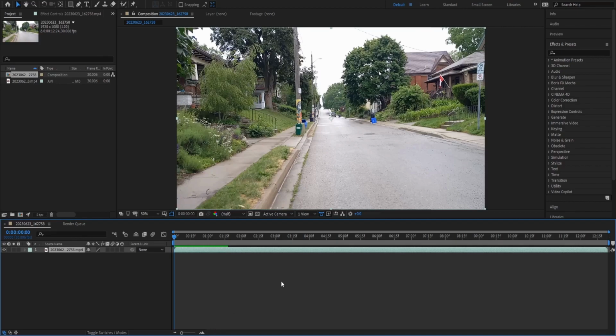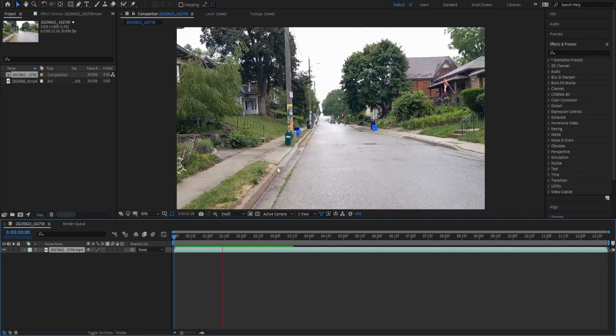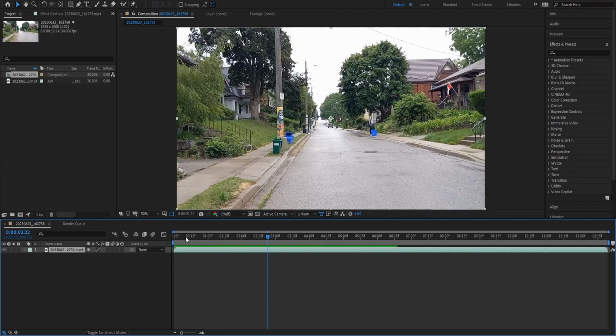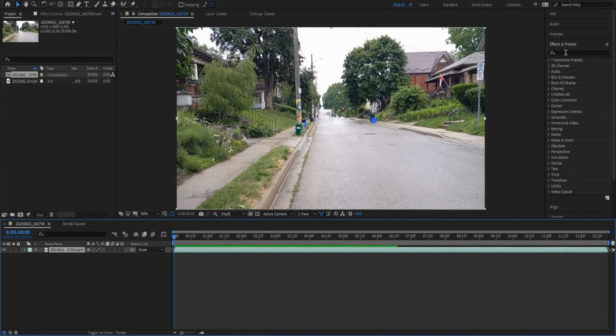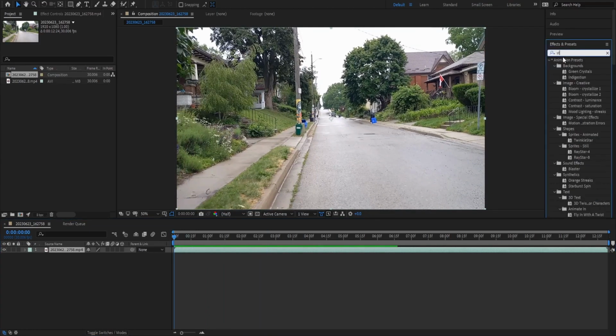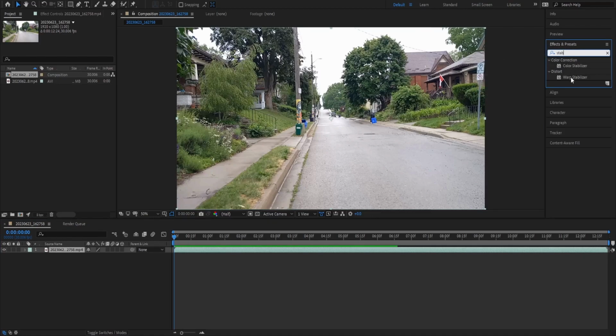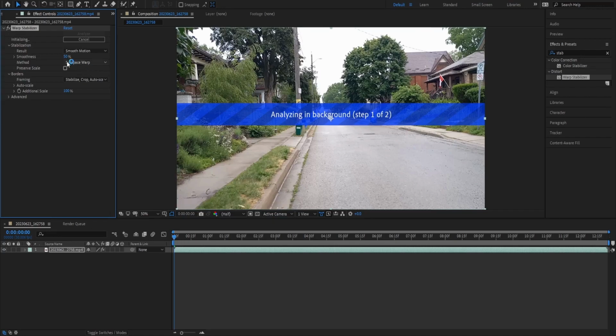So this works really well if you're getting shots from cars or if you're walking and you don't have good stability on your camera. If you notice that my footage is extremely shaky right now, we can fix all of that and make it look really good very simply by typing "stab" right up in here, and then you're going to find something called Warp Stabilizer, okay? You're going to click and drag that in, and then you're going to come